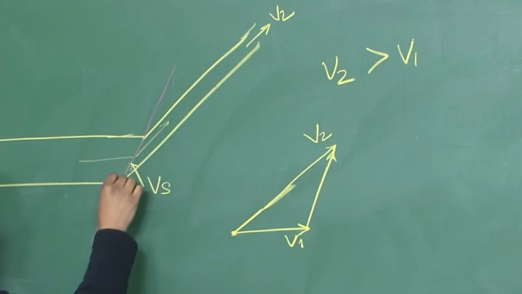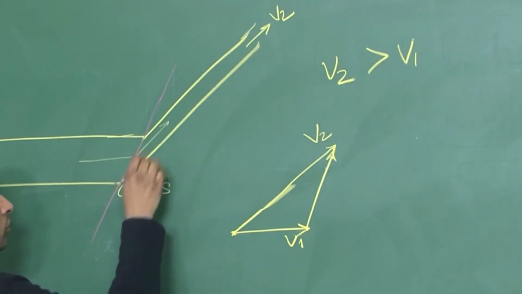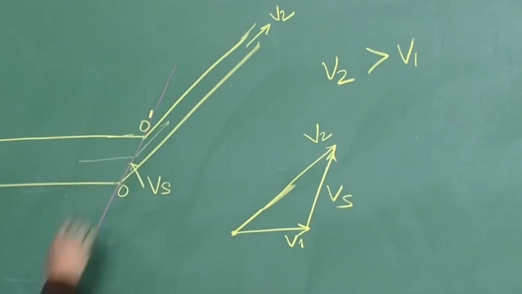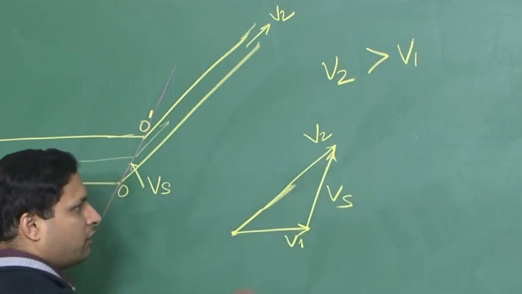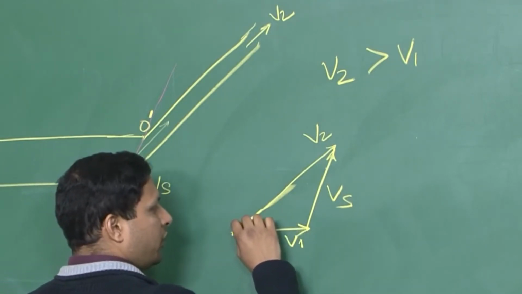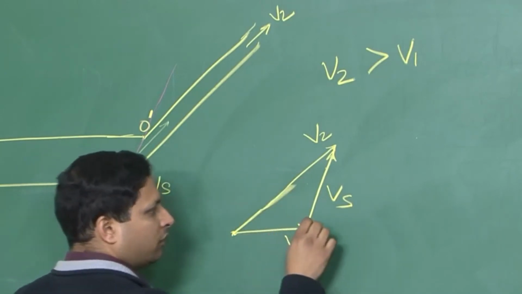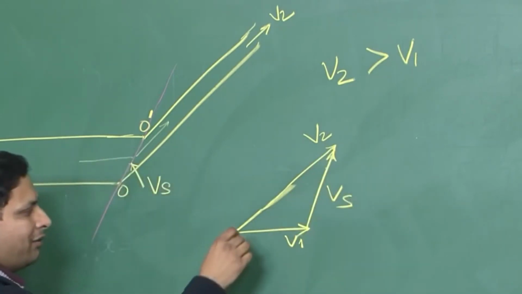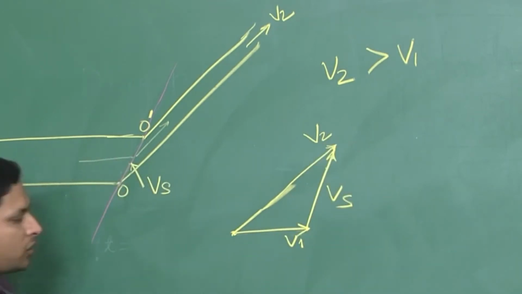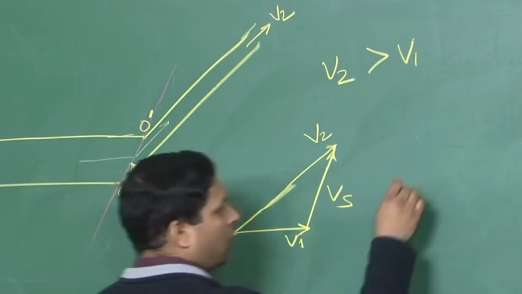This will be parallel to this line. So let us say this is O prime. So this velocity Vs is parallel to this plane O prime. So this is our V1, this is our V2 and this is Vs where the shearing is taking place. Now you see, just because we knew the orientation of V2, we knew the orientation of Vs, we are now in a position to calculate the magnitude of V2 and Vs as long as we know what is V1. So that is the advantage of a hodograph.